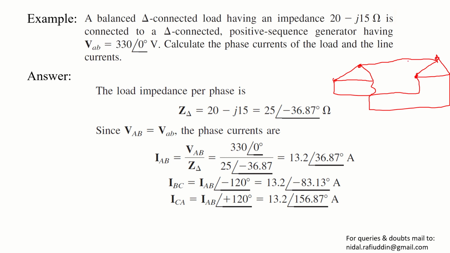तो वी स्मॉल ए बी, अगर ये सोर्स साइड स्मॉल ए बी सी है, कैपिटल ए बी सी लोड साइड, तो वी कैपिटल ए बी इज इक्वल टू वी स्मॉल ए बी डेल्टा के केस में। तो फेज करंट आप निकाल लीजिए। फेज करंट क्या हो जाएगा, कैपिटल वी ए बी डिवाइड बाई जेड डेल्टा, 13.2 एंगल 36.87 डिग्री।